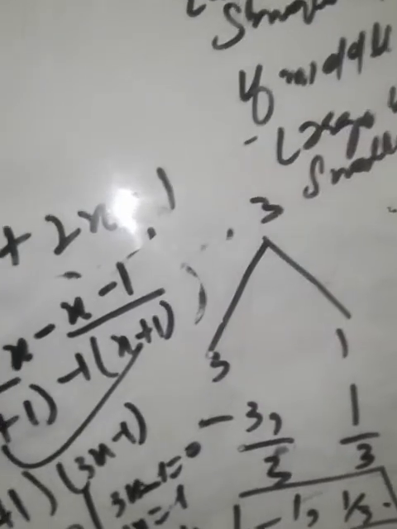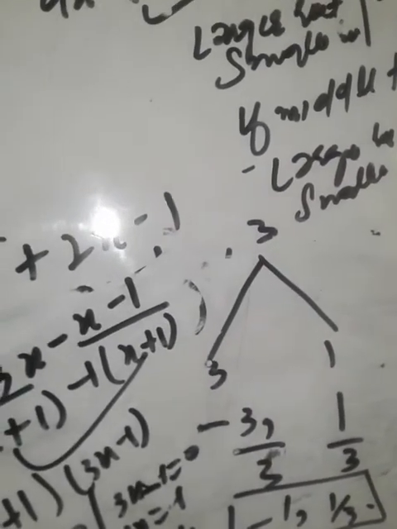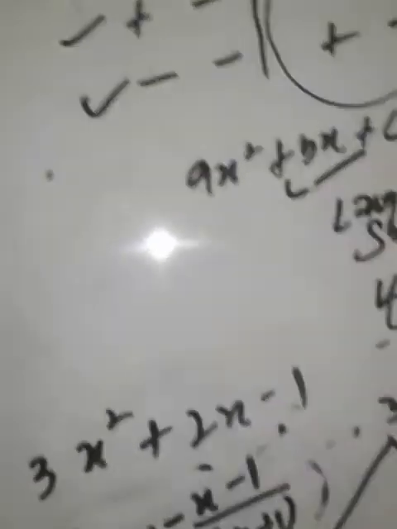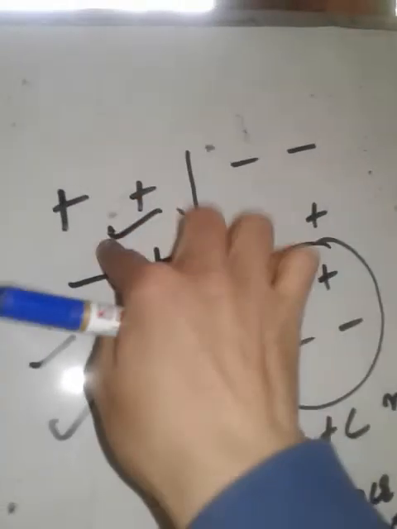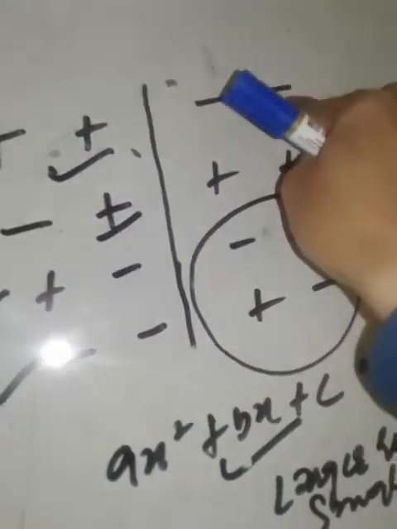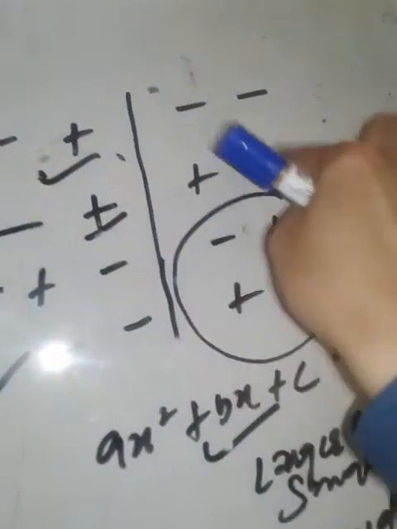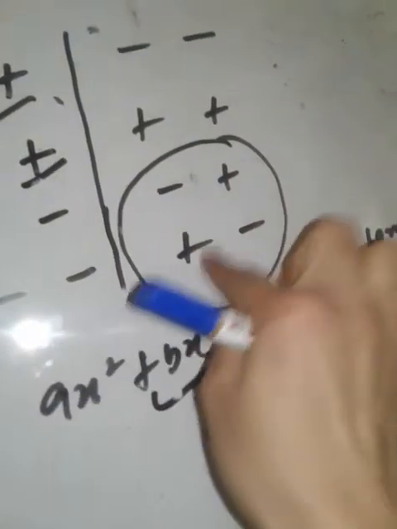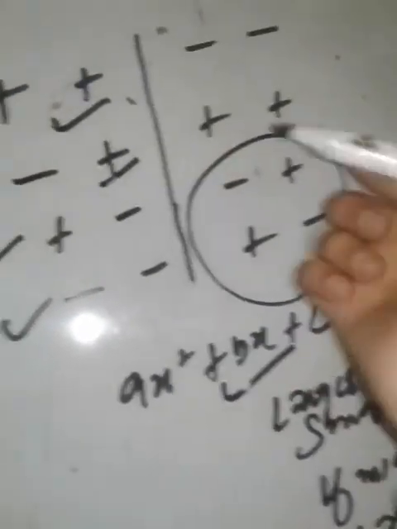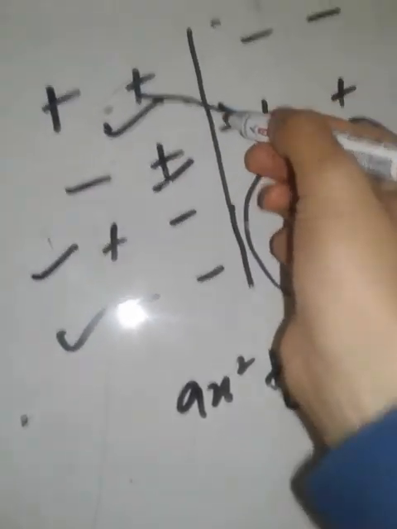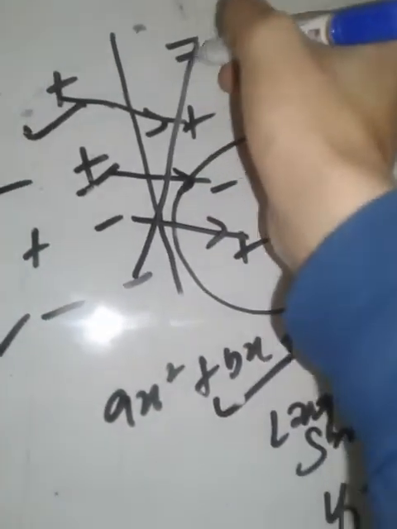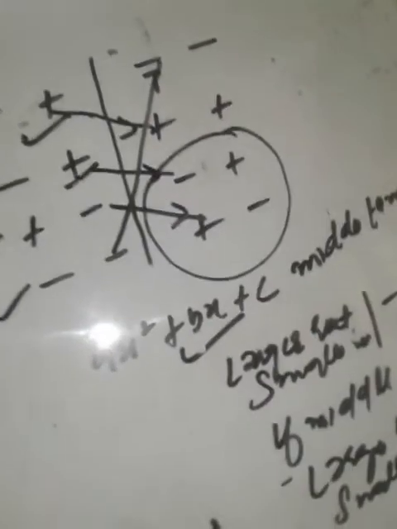So in this way you can solve any quadratic equation in a short way. What is the procedure to remember these roots? I will repeat it. Plus plus sign of roots will be minus minus, minus plus sign of roots will be plus plus, plus minus sign of roots will be minus plus, minus minus sign of roots will be plus plus. How to remember this? Put this here, put this here, put this here, and this time here. Simple. You will remember this.